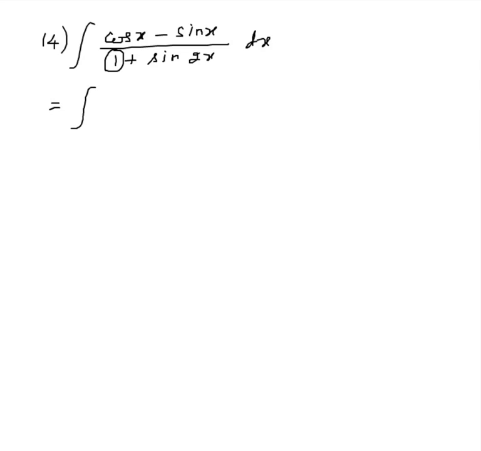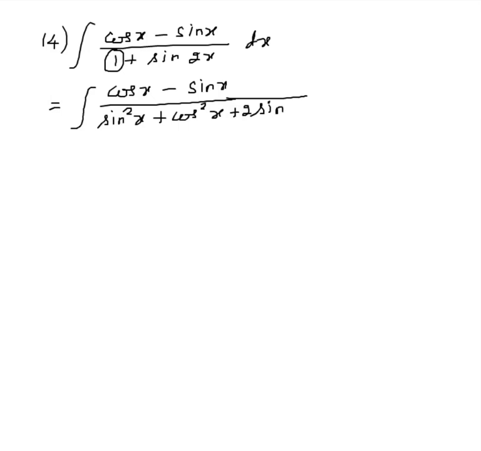Let us replace this 1 by the identity sin square x plus cos square x, and plus sin 2x can be written as 2 sin x cos x formula. So that the denominator can be written as